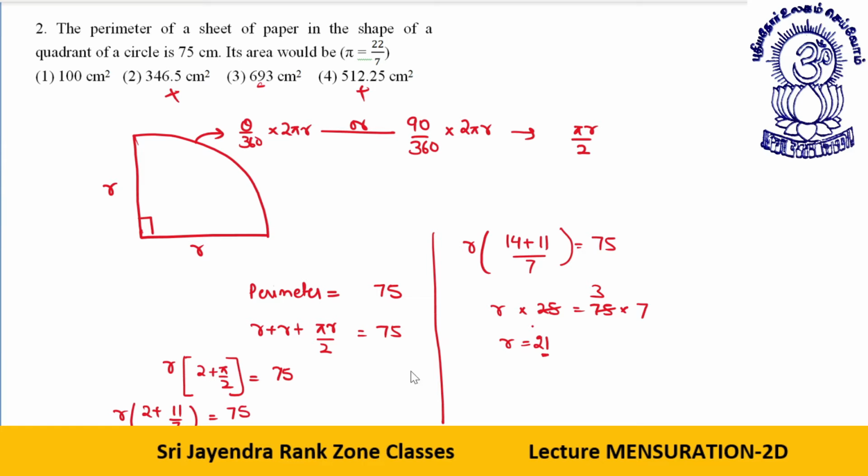Look, I'll show you. Area is what now? Pi r square. That is 22 by 7 into 21 into 21. 7 and 21 cancel to give you 3. Fine. 22 into 21 will be 462, into 21, but there will be 1 by 4 extra. Why? Because we require the area of a sector. Area of a sector. Okay, like this.